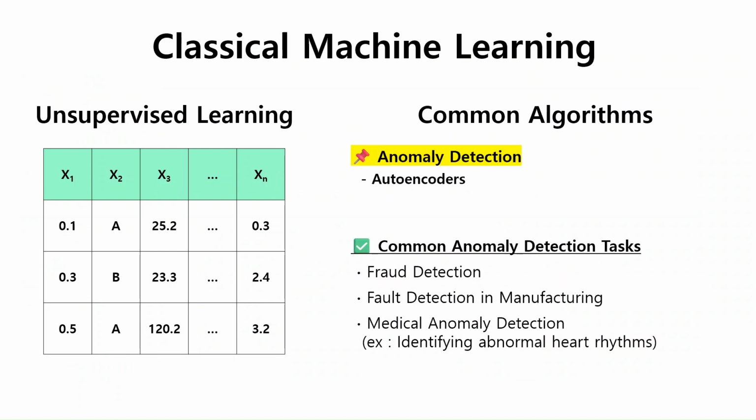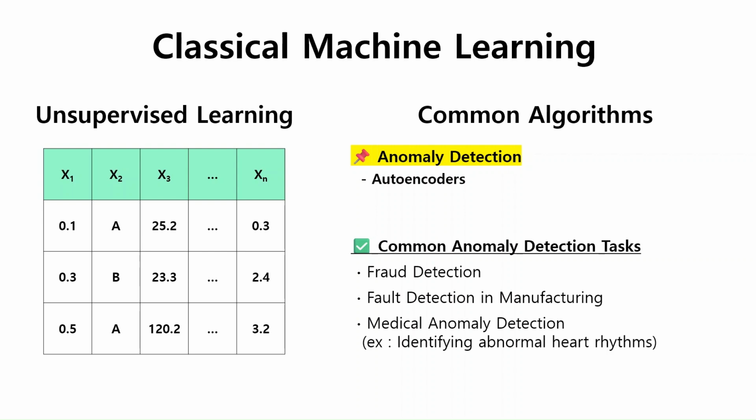Next, we have anomaly detection, another powerful use case of unsupervised learning. Anomaly detection is all about finding things that don't fit, unusual patterns, or rare events that stand out from the norm. This is especially important when the anomalies are dangerous, fraudulent, or costly. A common algorithm used here is the autoencoder, a neural network that reconstructs the input and flags anything that doesn't